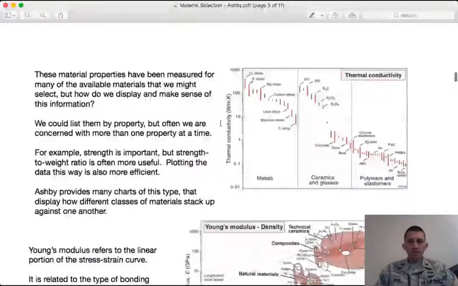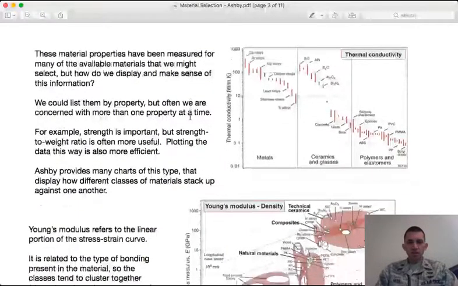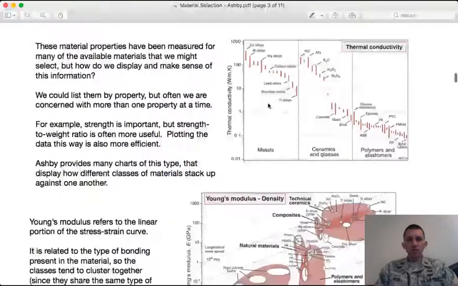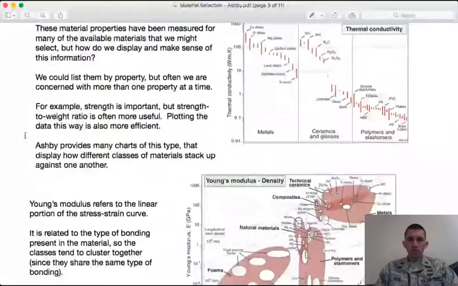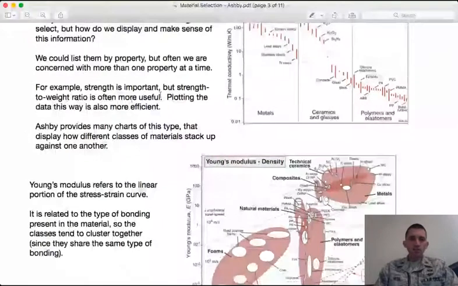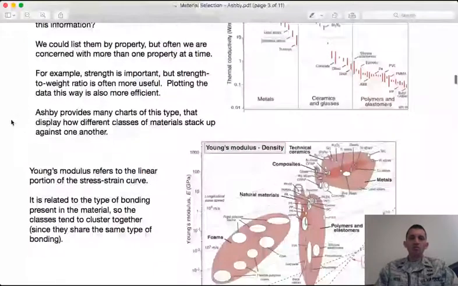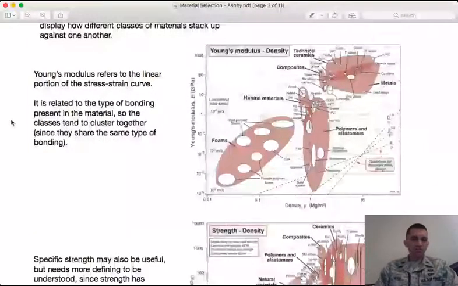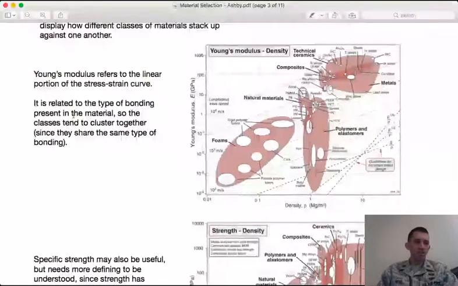And a chart like this is useful to see, like I said, the range of materials and where different materials fall. But it might actually not be helpful. Let's say you had other constraints, right? Say not only do you care about strength, but you also care about weight, right? And so you can plot those properties at the same time to see the relationship between them. And Ashby provides a lot of figures that do this as well. For instance,